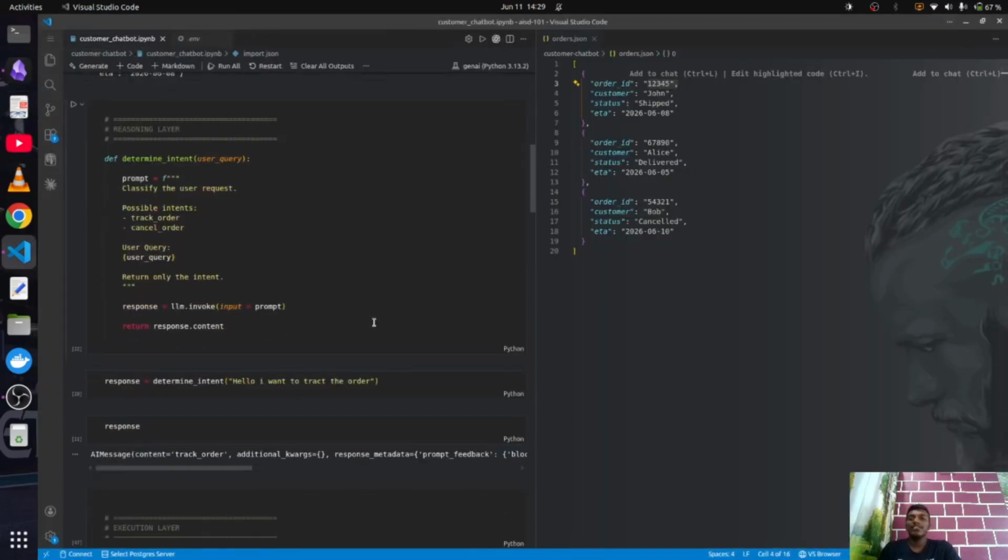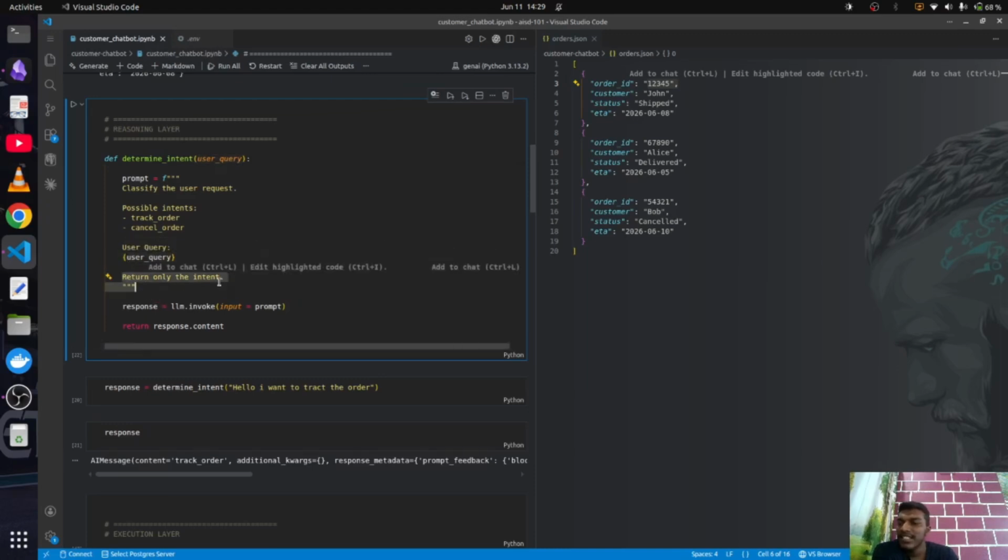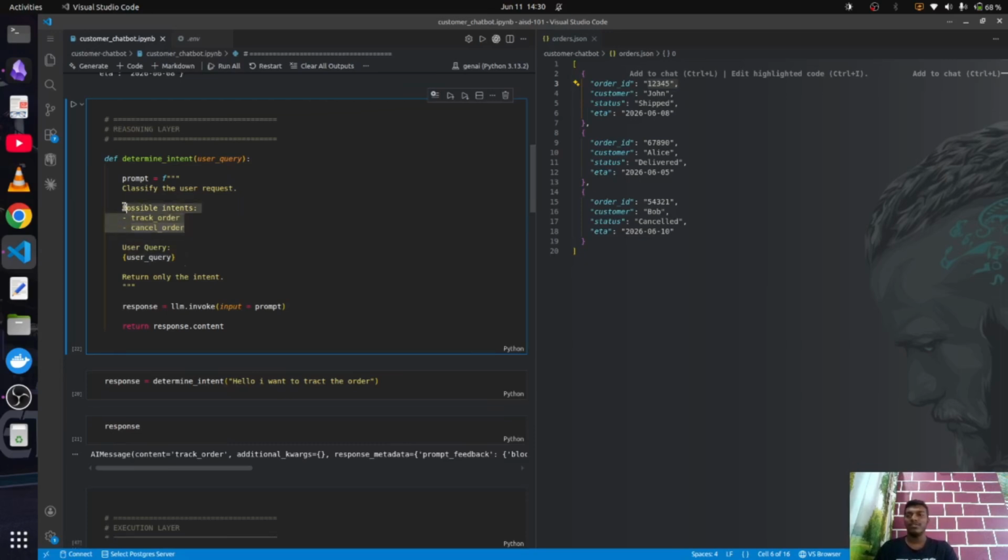So here we are just going to replicate intent detection. How we are going to detect the intent is simple. We'll take the user query, add this as a prompt, and whatever the query will be, we'll directly inject it here. And this is an instruction for the response, like what are the intents, you just give me the intents and nothing else. And these are the intents which I have previously defined. So I expect the LLM to take this query, find what the user is trying to do, and give me one of these two intents.